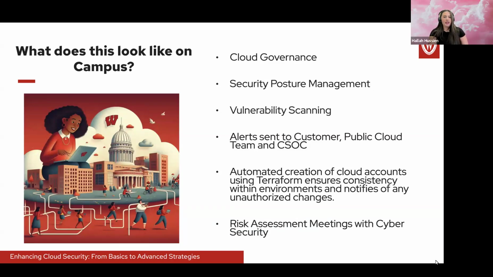So in the Public Cloud team, we have leveraged AWS Control Tower, Azure Policy, and GCP Security Command Center to ensure consistency on all of our accounts, subscriptions, and projects, to make sure that our standards are set at the organization level, and we can guarantee that it's being applied to each account we provision within them. It also gives us that bird's eye view of what's happening and what's being implemented in each account, and gives us the ability to reapply anything that may have changed by the customer that goes against our